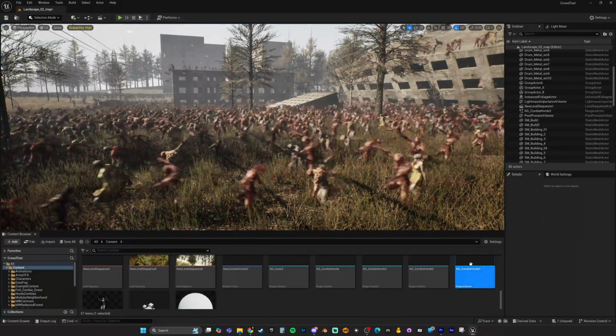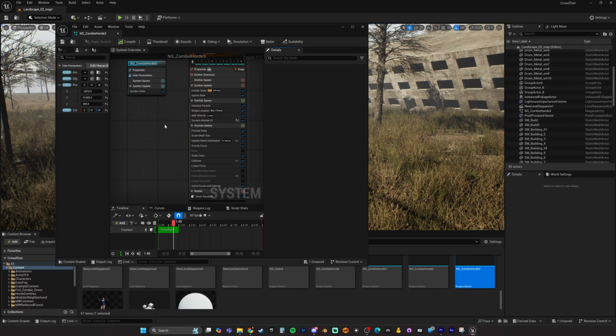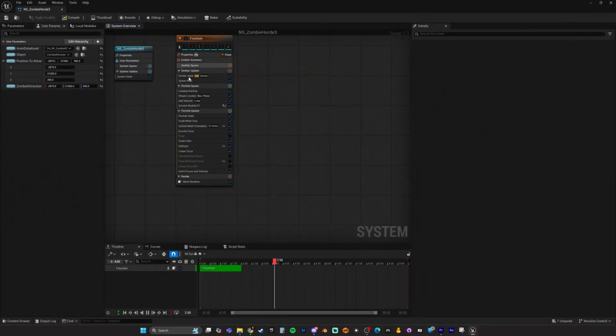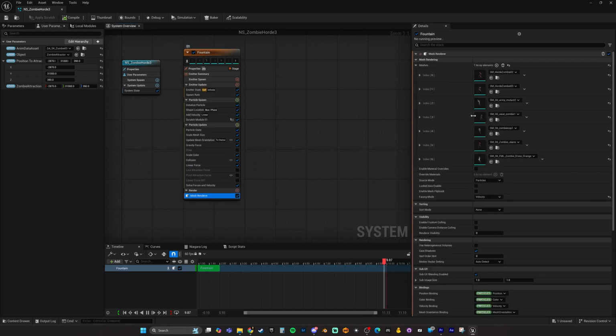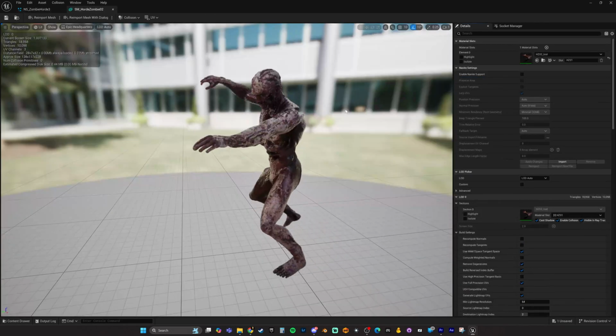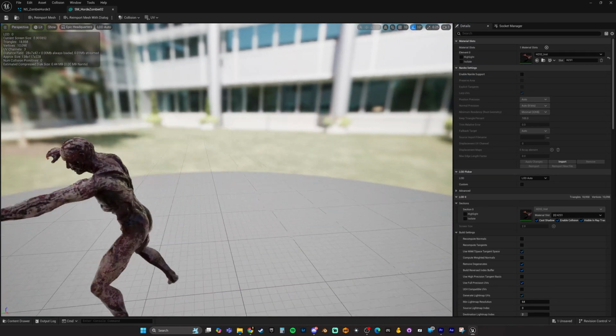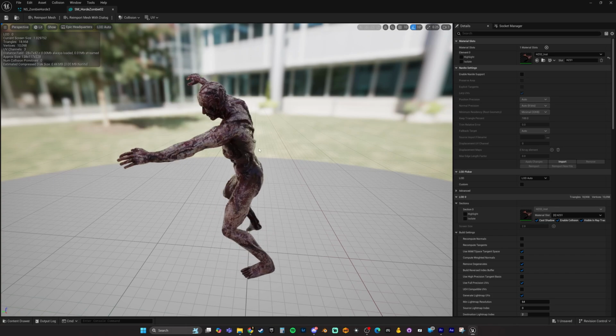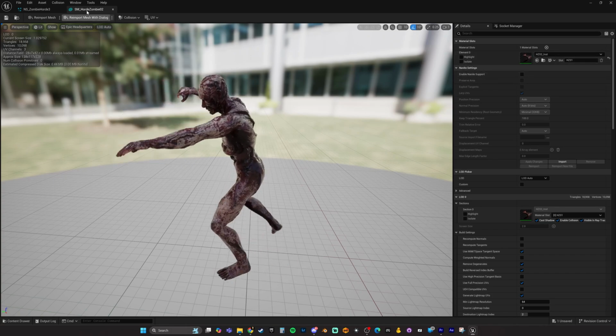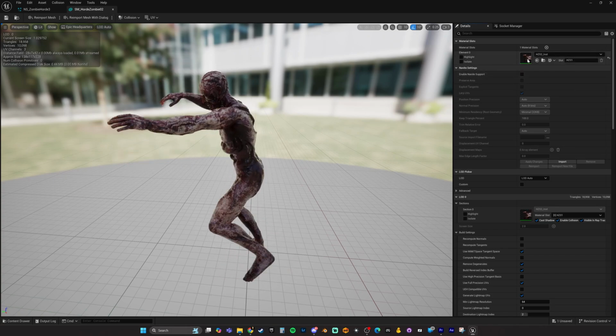So let's go ahead and open up the actual Niagara emitter here. And let's take a look. So we have a fountain emitter, and you'll see up here, we can come down here and you'll see there's 7 individual static meshes here. So we can just go ahead and open one of these up, and we've got a zombie dude. And yeah, this is a static mesh, and as you can see up here, he's being animated through his